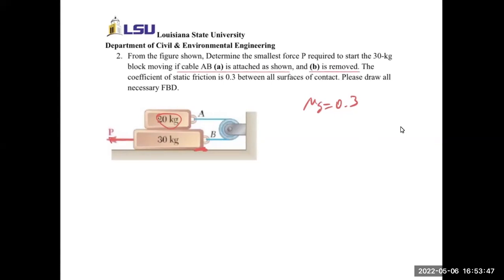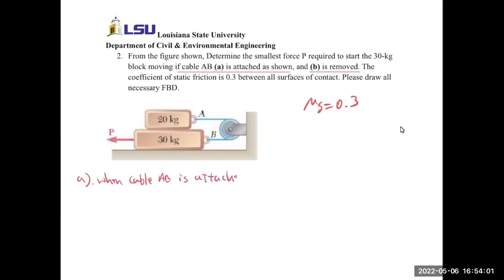Okay, I'm going to draw the free body diagram so you guys can understand it better. So let's do A. A is when cable AB is attached. And then we know that for this case, we have two friction forces. Okay, let's draw a free body diagram for the 20 kilogram